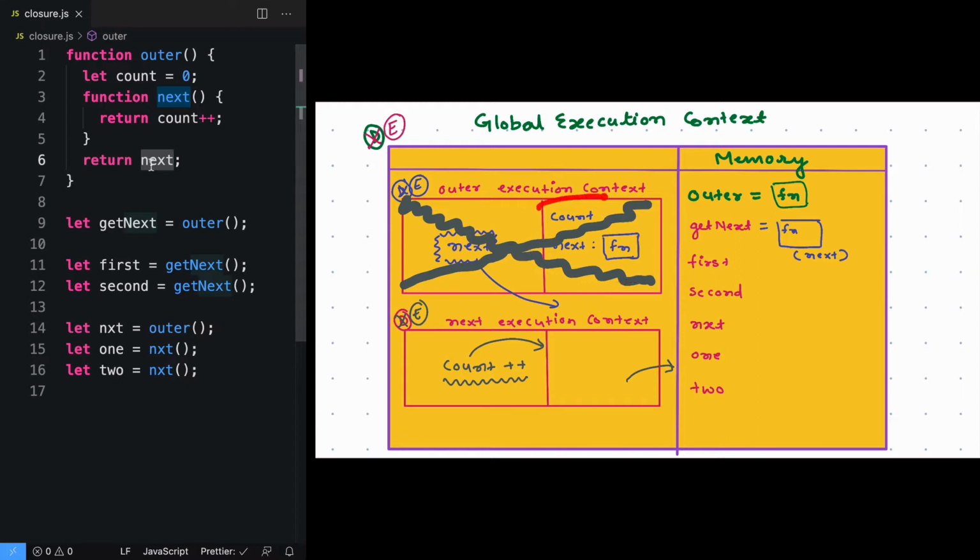If you look at the environment from where this getNext function is returned, the variable count will also come out with this thing. So what will happen here is getNext will have a function and that function is next. But it will also contain an extra bag, and that bag will hold all the values that were present in this environment. So what was the value present in this environment? Can you see that? The value present is count. So what is the value of count? It is 0. So it will be count is equal to 0 right now.